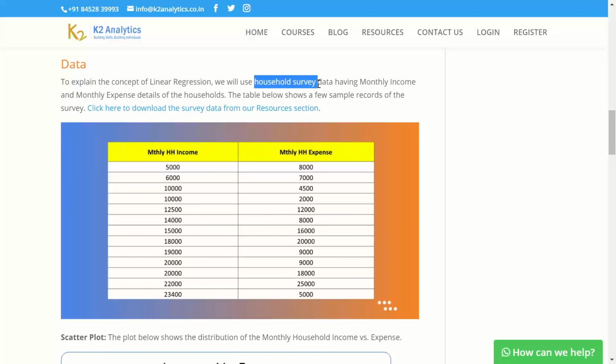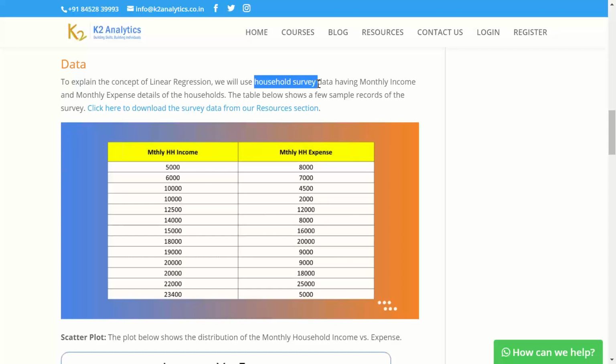The household survey data we have collected is the monthly income of the household and monthly expense. There are some additional fields also, like how many family members are there, how many earning members are there, and whether they are staying in a rented apartment or their own apartment.